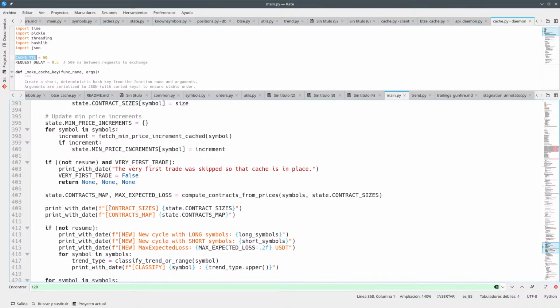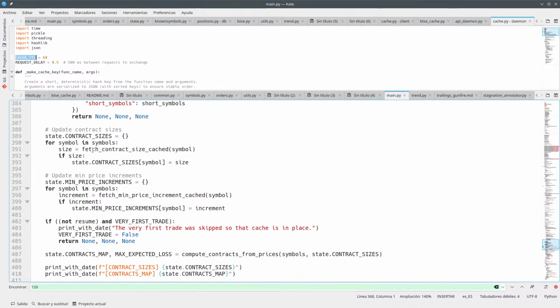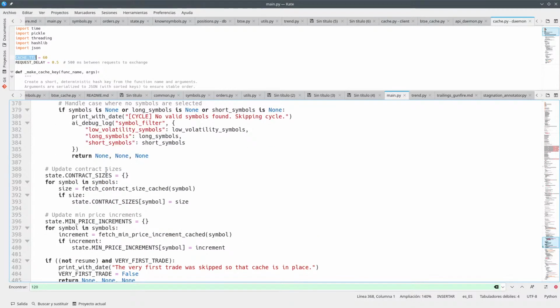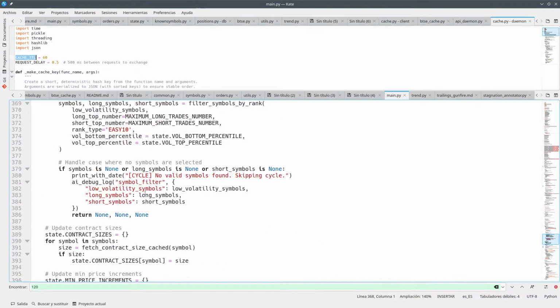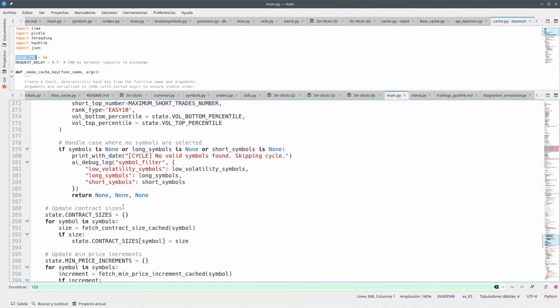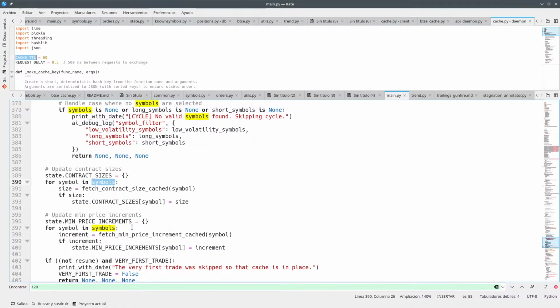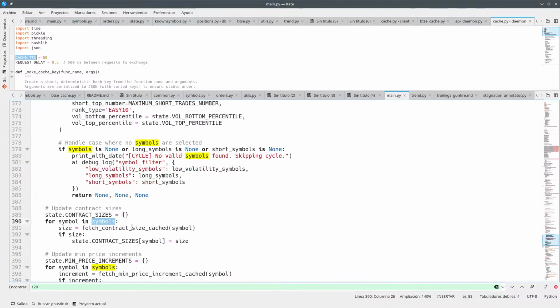So we have this thing. If we don't resume and it's the very first trade, then you return, and you have done these contract sizes and mean price increments. But if you have not found, so this is contract sizes and mean price increments in symbols. So symbols are